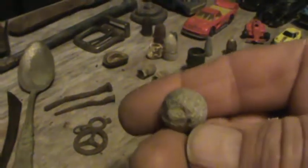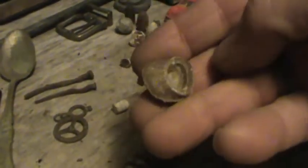I know this is a musket ball. Pretty heavy lead. And a few other old ones, some modern. This one was a fired mini ball, I believe. And a few old ones right here. I know those are old. I know I got a few modern ones in here, but